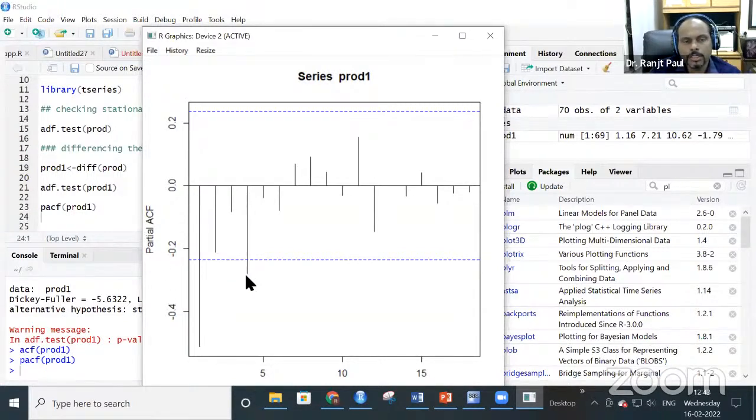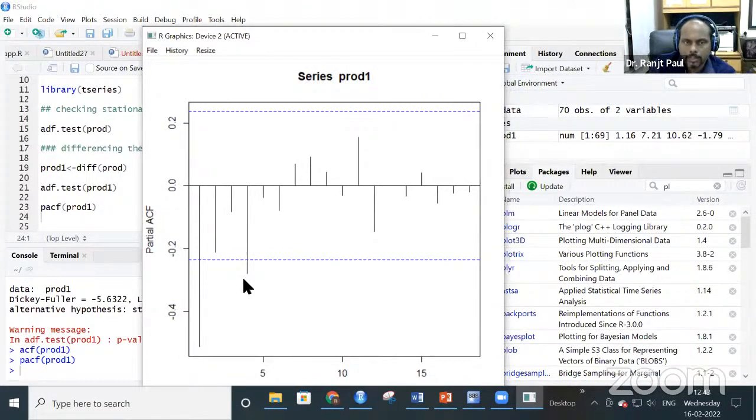And all combinations of the order we have to run, and based on the information criteria, we need to select the best model. So that is the main step for model building. Though we do not do it here, we may go for an automatic model selection process also. But if you want to do a stepwise kind of thing, then